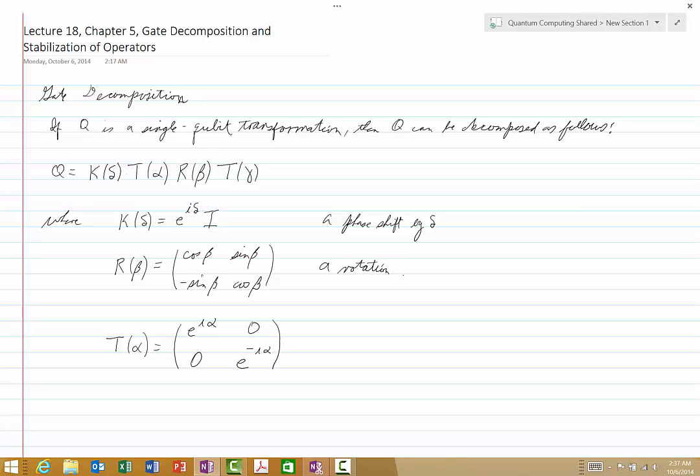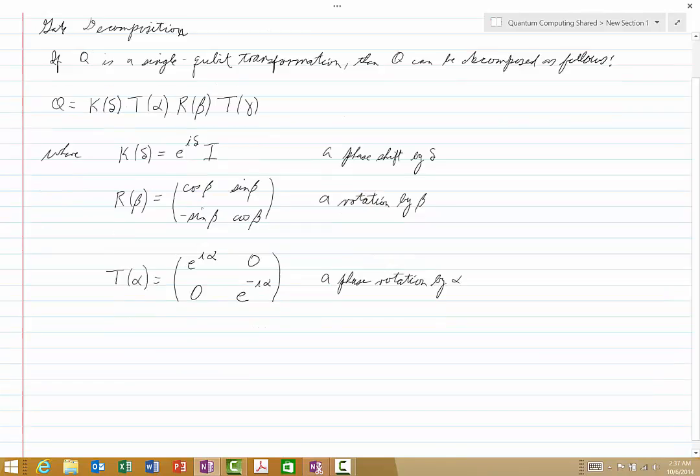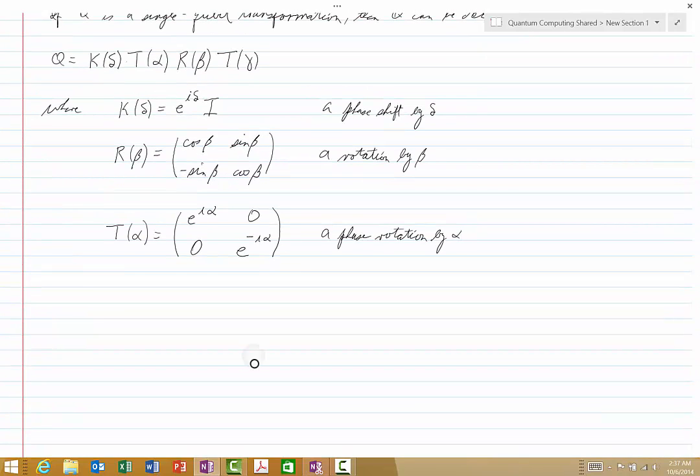R of beta is a rotation by the angle beta, and T of alpha is called a phase rotation by alpha. And if you actually substitute into this expression for Q, when you multiply everything out, you would get the following: